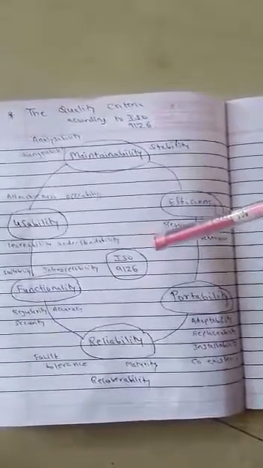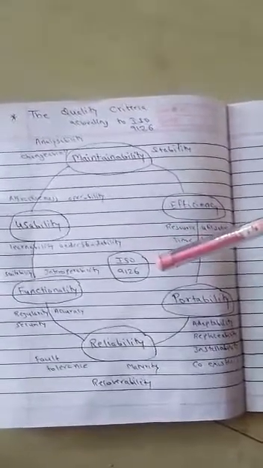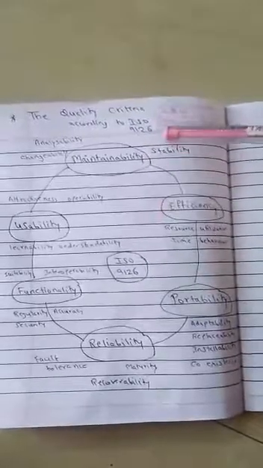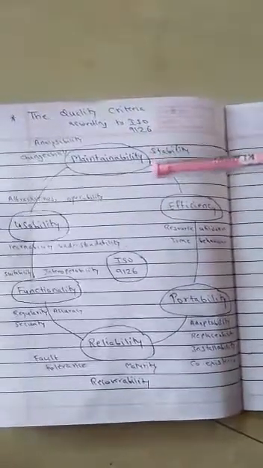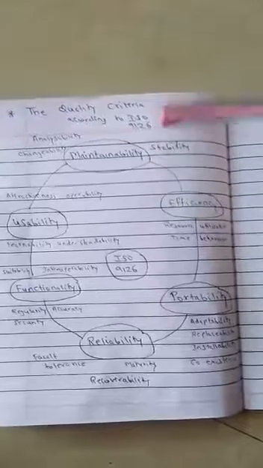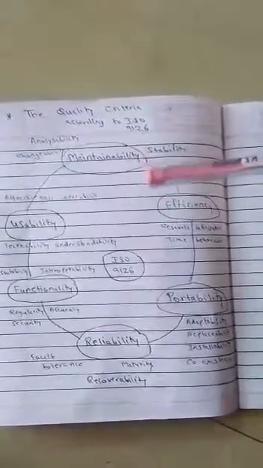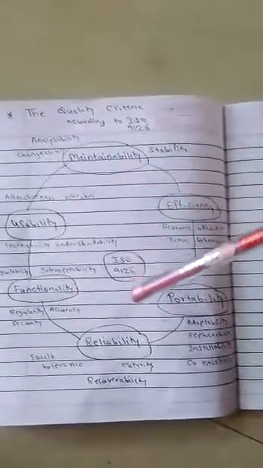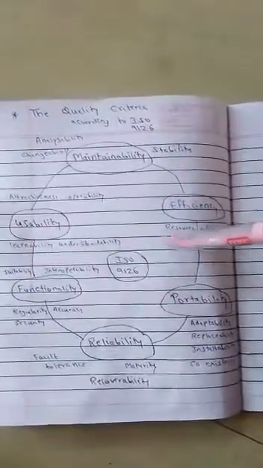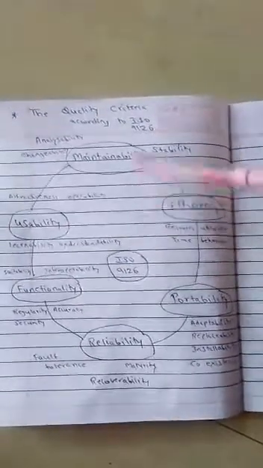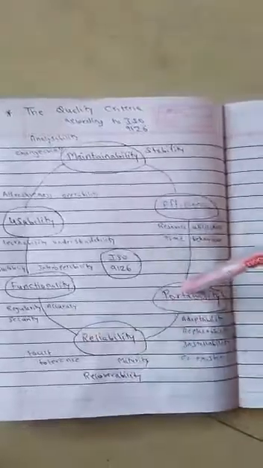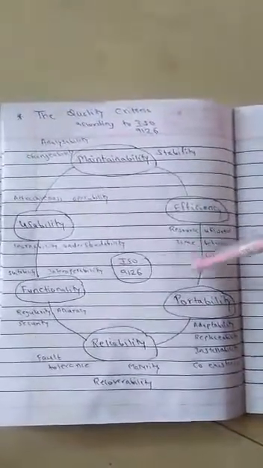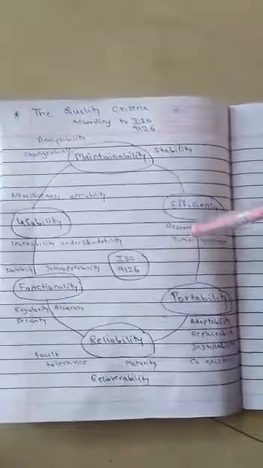How standard is your software product quality according to 9126? This 9126 is just a number, just like ISO 9000 is a number. Every standard has different criteria by which it defines the quality of your software product. Today we have learned ISO 9126, and these are the different criteria according to ISO 9126 to define the quality of your software products, means how good your software product is.